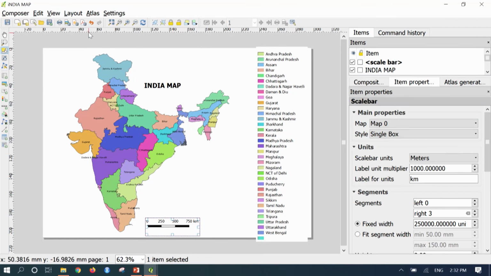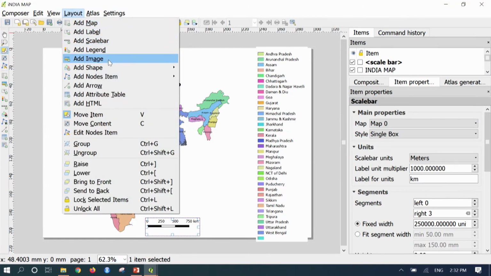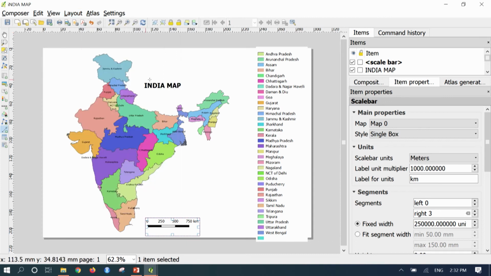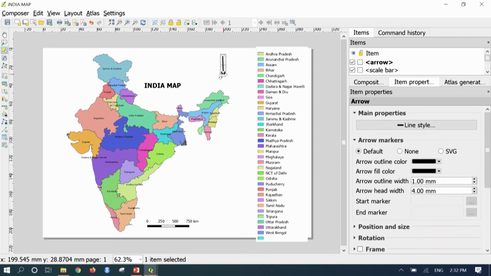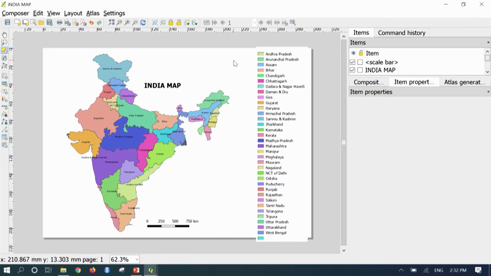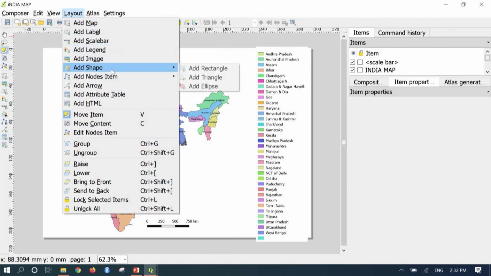Similarly, one more important thing in the map composition is adding a north arrow. If you go to layout and add arrow, here you can add a north arrow. You need to adjust it in such a way that the vertical is the north arrow.